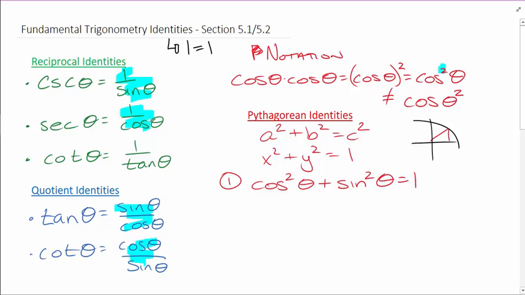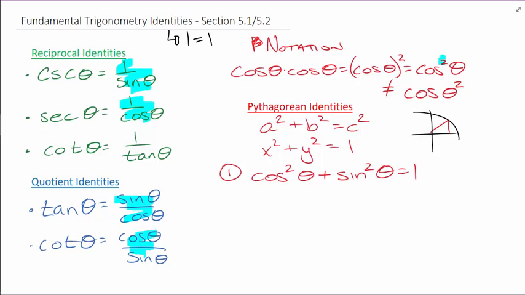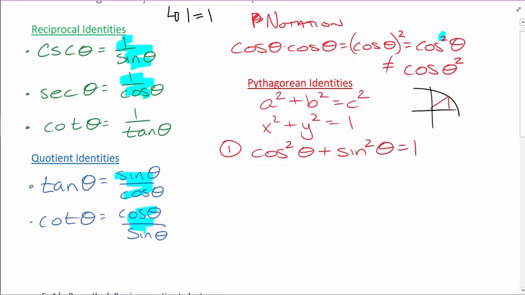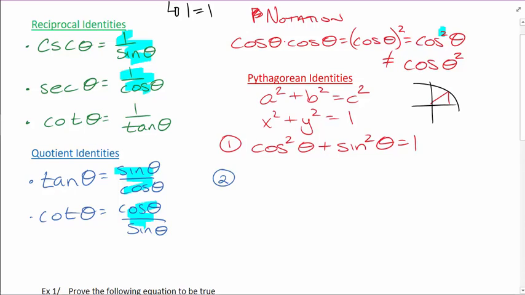If I were to take any angle, let's call it a 45-degree angle or pi over 4 radians, and I were to take the cosine of that 45 degrees, square it, add it to the sine of 45 degrees, square it, I would always get 1. From this, we're going to develop two other Pythagorean identities. The second one is going to come from dividing our first, cosine squared of theta plus sine squared of theta equals 1. If we divide every term here by cos squared,